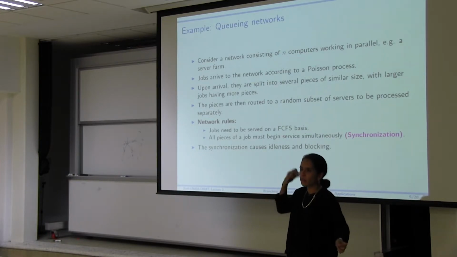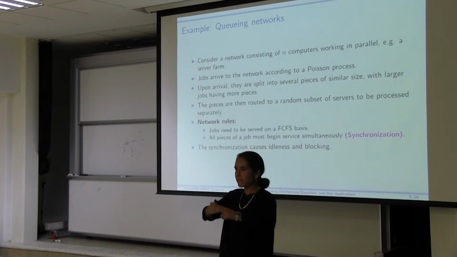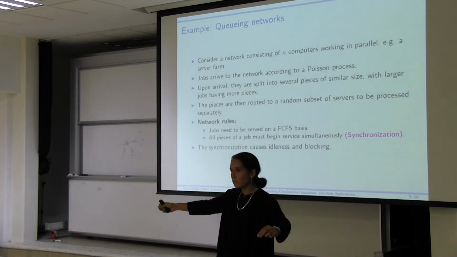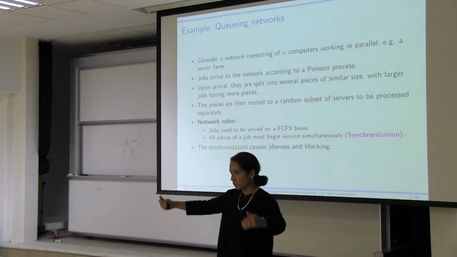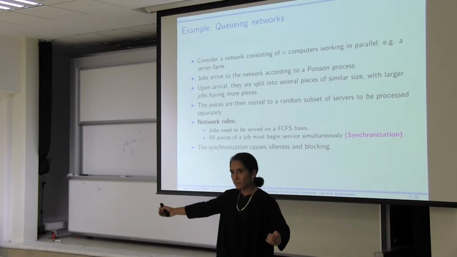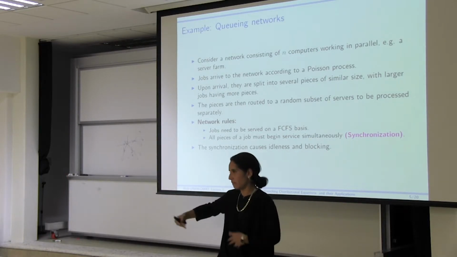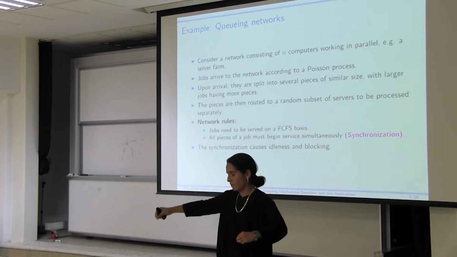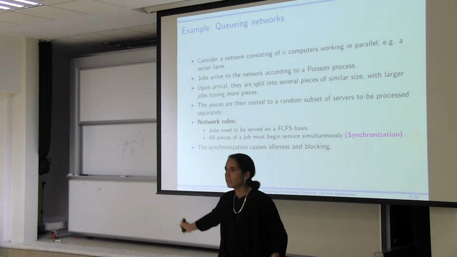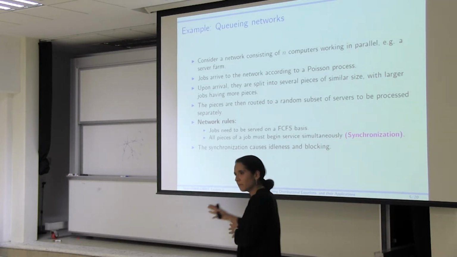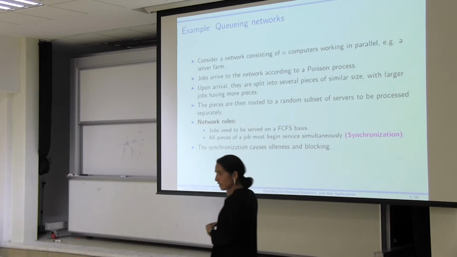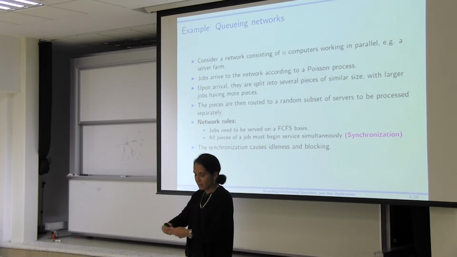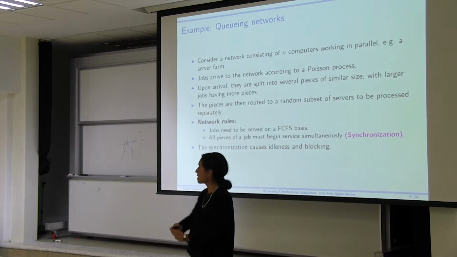Again, think about a program that requires access to many different files. Because it has writing privileges on those files, while it's working on them, it's blocking any other program from doing anything to those files because they're potentially changing. So it's blocking a whole bunch of files until they're done processing, and then they can keep going. In the meantime, other programs may request some of those files as well, and if they find there are other jobs in front of them, they will have to wait. So there's a lot of blocking and inefficiency in this kind of system.